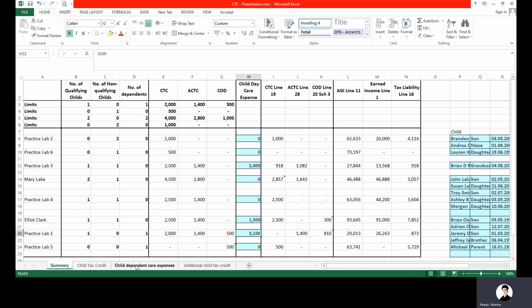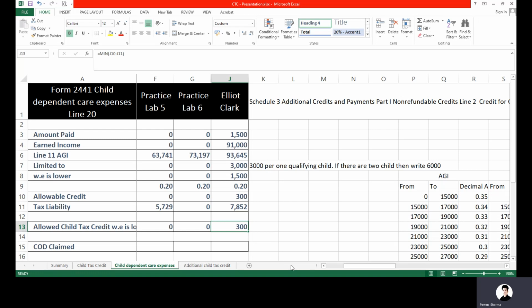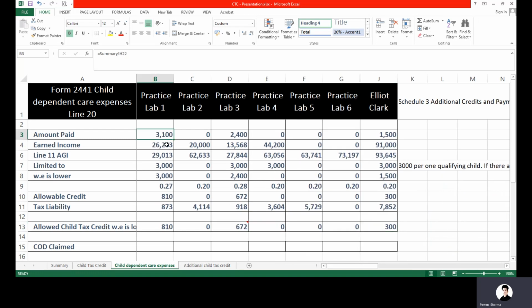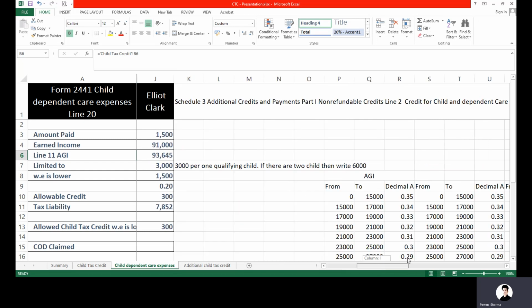So it's 3100, practice lab question 1, 3100 and AGI limited to 3000, whichever is lower is 3000, 3000 AGI पर se milega 0.27, 29000 AGI falls in between,